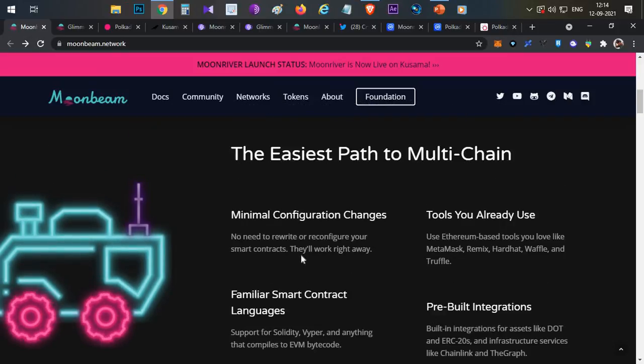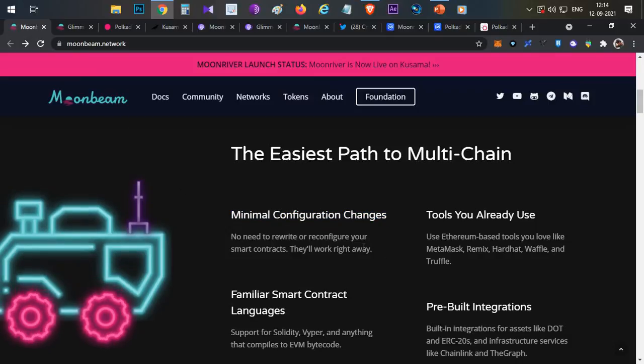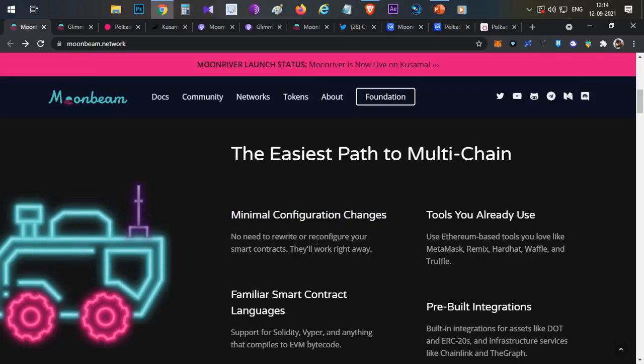So now what Moonbeam does is, if you have a project already available and launched on the Ethereum blockchain, you can bring that project to the Polkadot network with minimal configuration changes in the coding or any other stuff, which means you just bring that code to Moonbeam. So Moonbeam will deploy the same contract or same DApp on the Polkadot network without any hassle. So that is the main use case of Moonbeam,